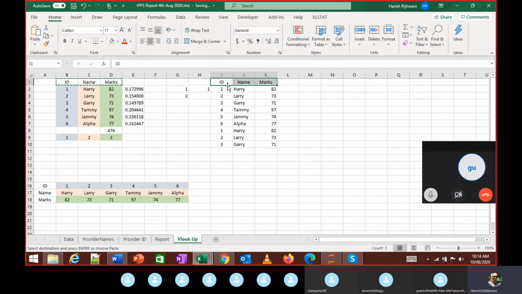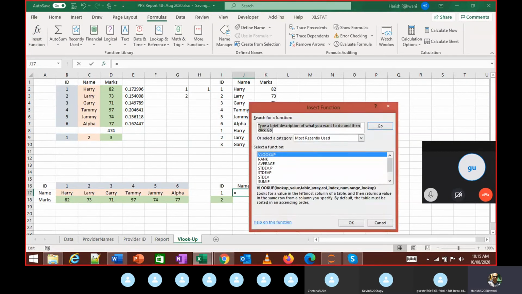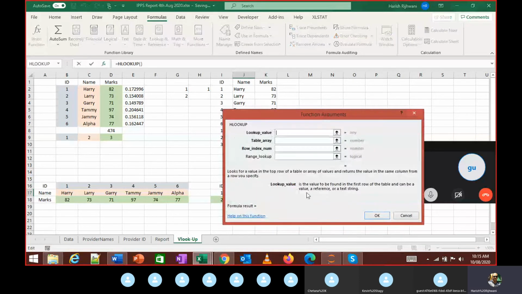If I still want the value of name and marks for a particular ID, I will use not VLOOKUP, but HLOOKUP. Like you have VLOOKUP, there is a formula called HLOOKUP, which works in the same way. It's just that the table array, instead of being in columns, is in rows.